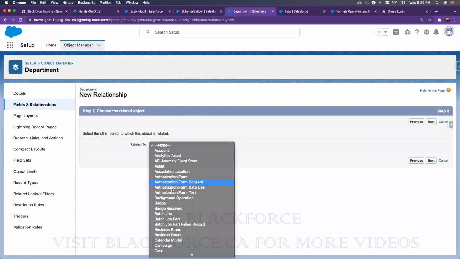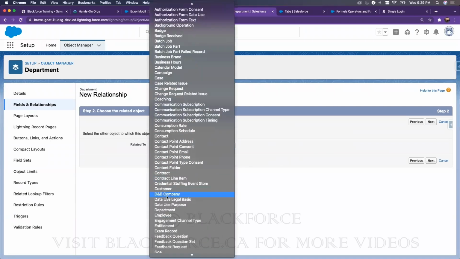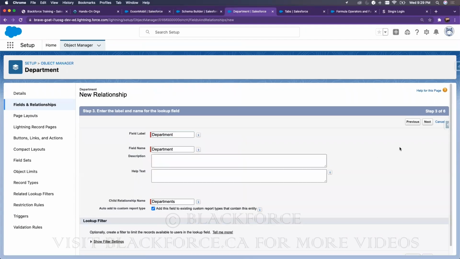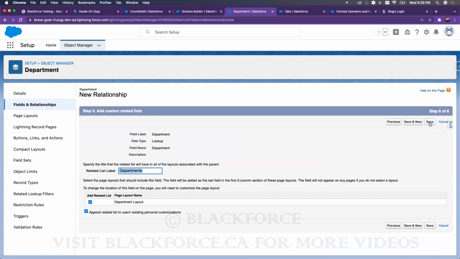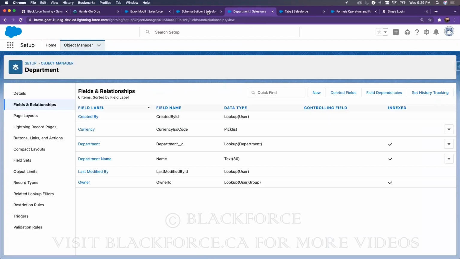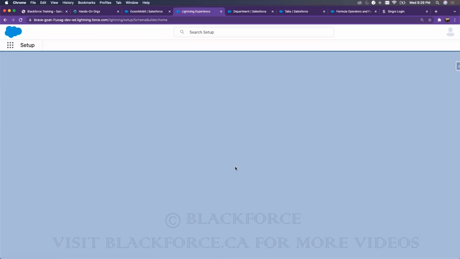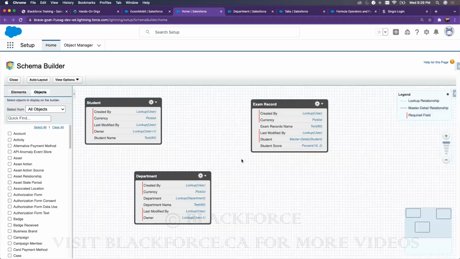I select departments, and I click on next, and next, next, and I save. If I refresh my schema builder, you would see the type of relationship between